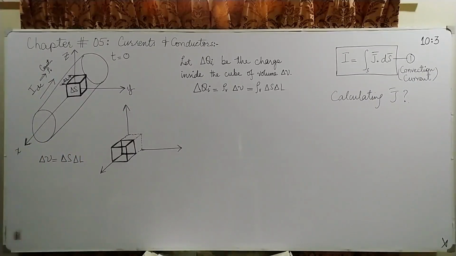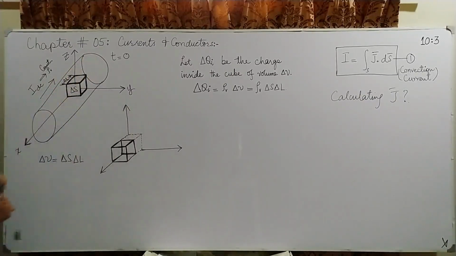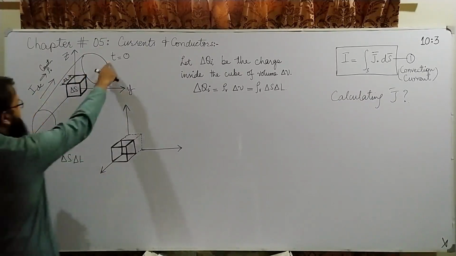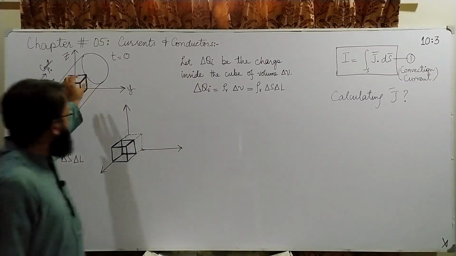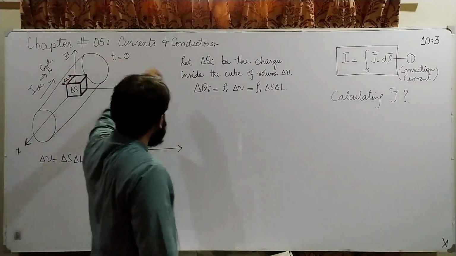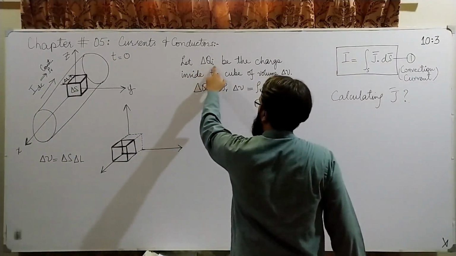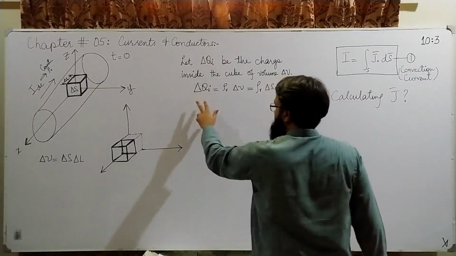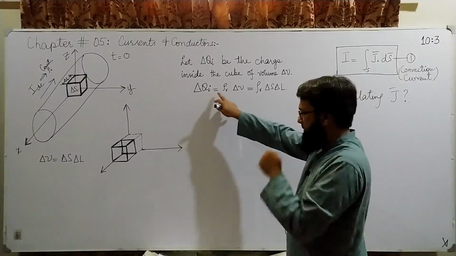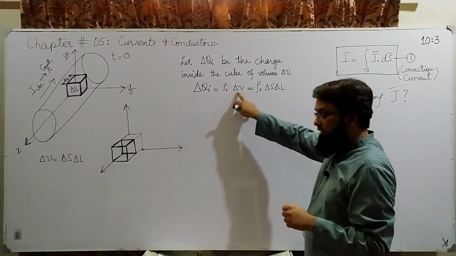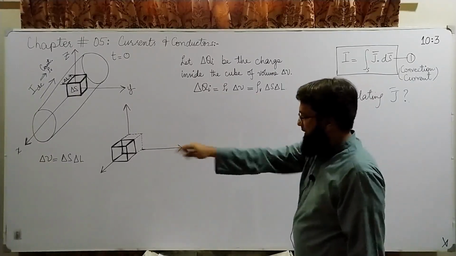So I can say that the volume of this differential box is delta S into delta L. Definitely charges are moving through this imaginary box as well, but at time t equals 0, there must have been some charges within this box. Let me call the charge in this box at time t equals 0 delta qi, for internal. To calculate the charge inside that box, I can simply multiply rho v by delta v, which is the volume, replacing delta v with delta S into delta L.